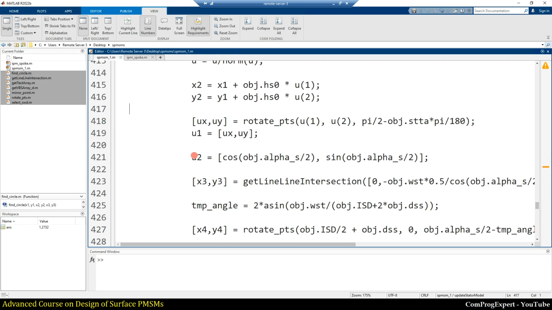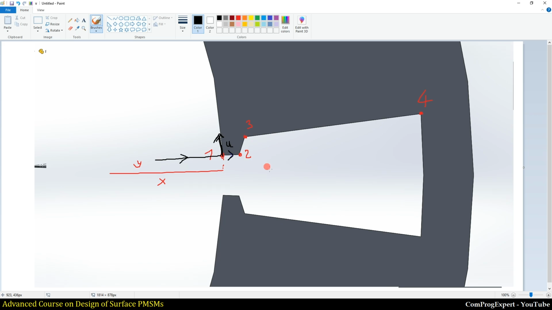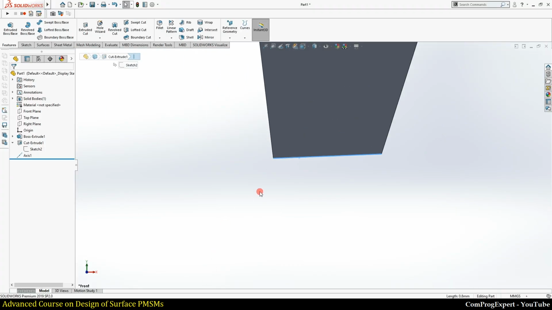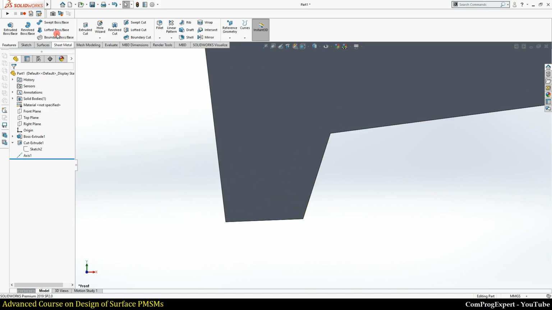Okay, so then we have also the u2. What is the u2? How much we should rotate the unit vector 1. So let me zoom here and take another screenshot.